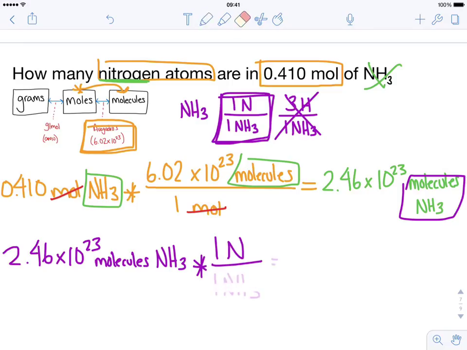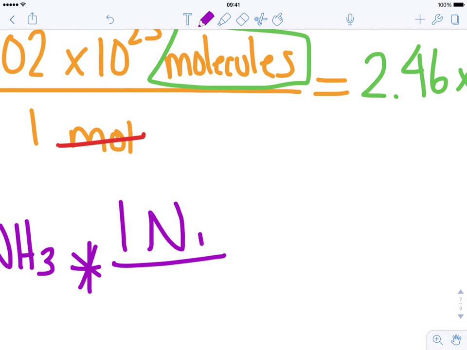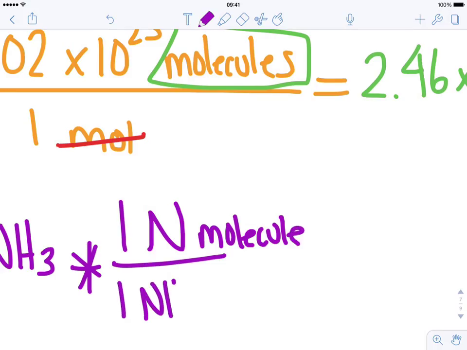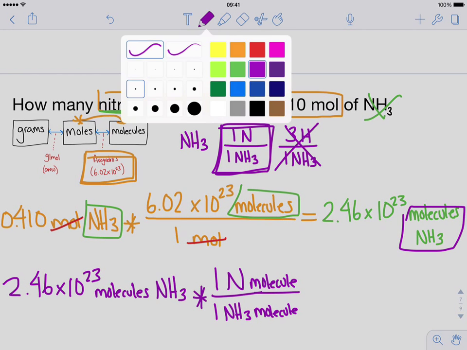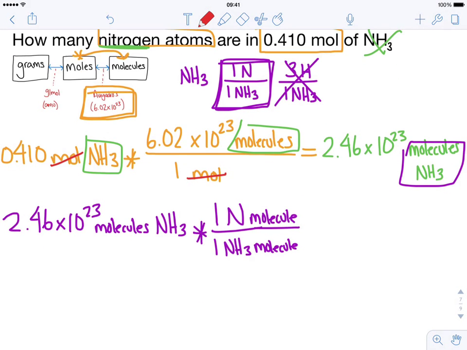Actually, let me put units on this so it's a little bit clearer. So there's 1 nitrogen molecule to every 1 NH3 molecule. Okay, so now if we look at our units, molecules of NH3 cancels out with molecules of NH3, and we put this in our calculator, we will see that what we're going to be left with is just molecules of nitrogen, which is going to equal 2.46 times 10 to the 23rd molecules